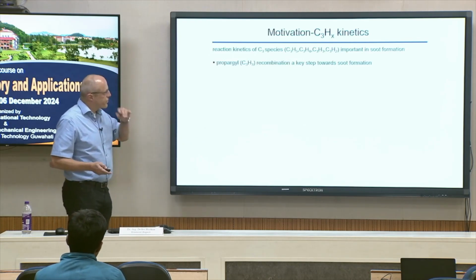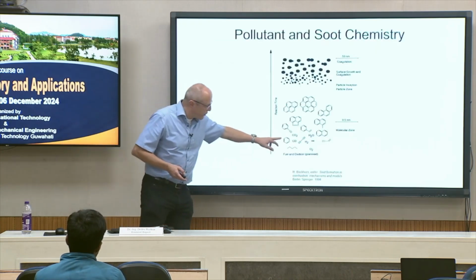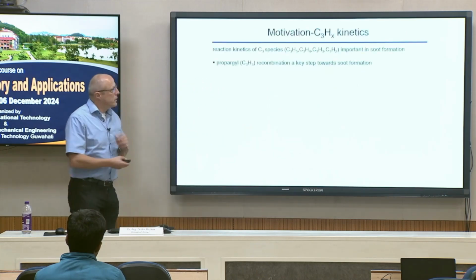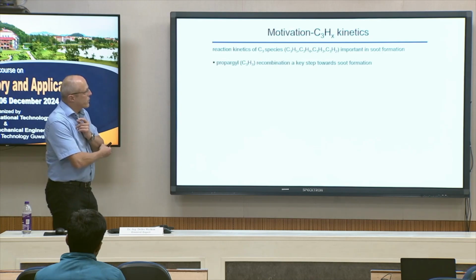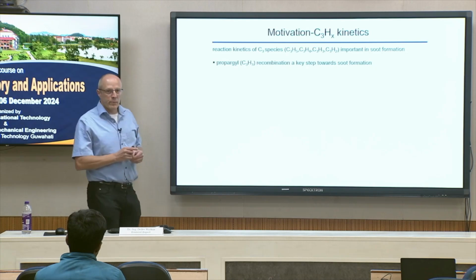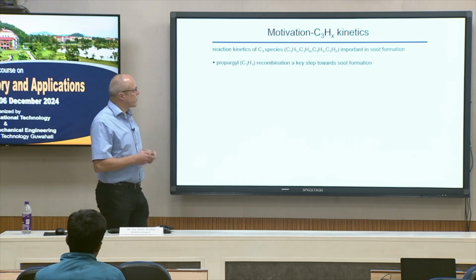But of course, we can look at this beginning. This propargyl radical we have here is very interesting. So the reaction kinetics of C3 species at the beginning is very important for the formation of soot